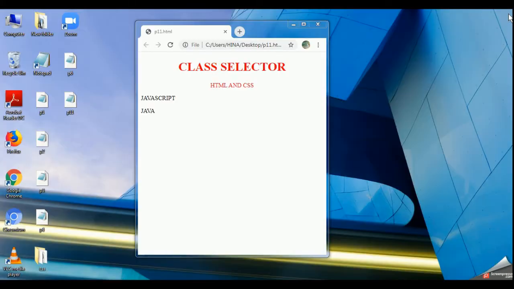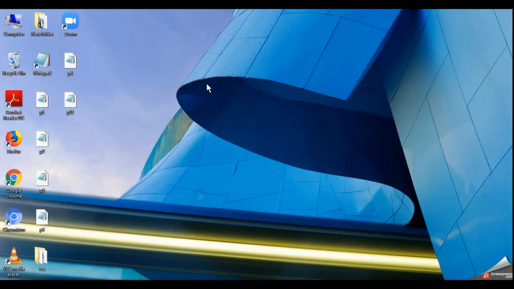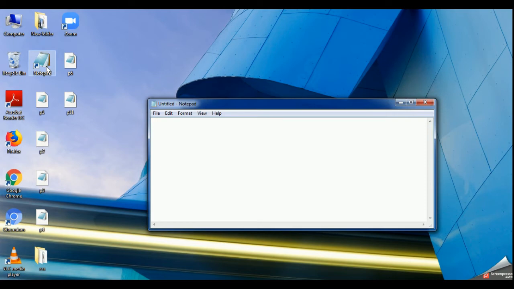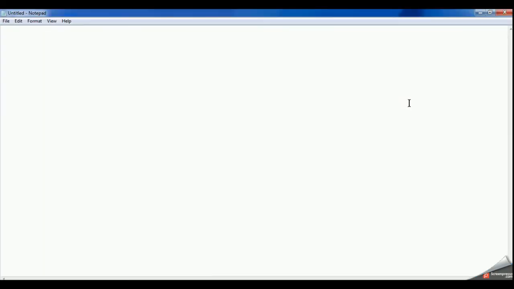Now coming to the next thing that I have taught you, we have seen there were three different types to embed our CSS in our HTML. Those three were external style sheet, internal style sheet and inline style sheet. So first of all we will look at our internal style sheet.